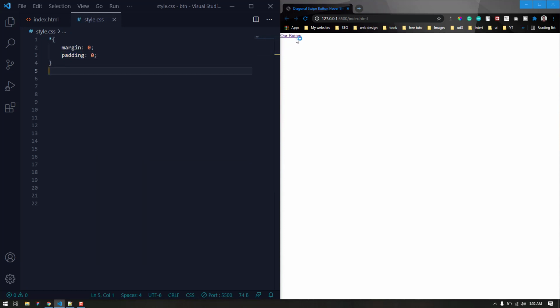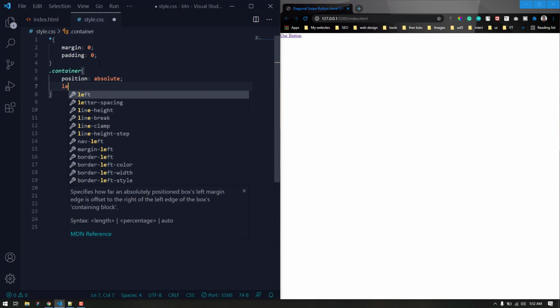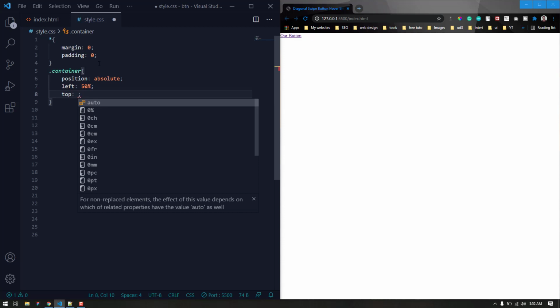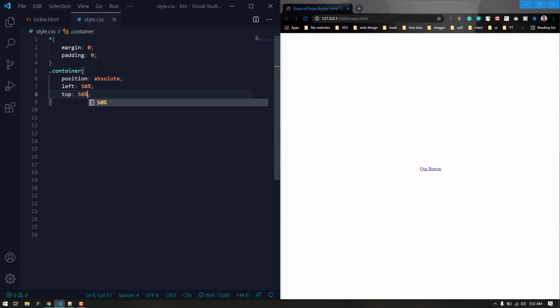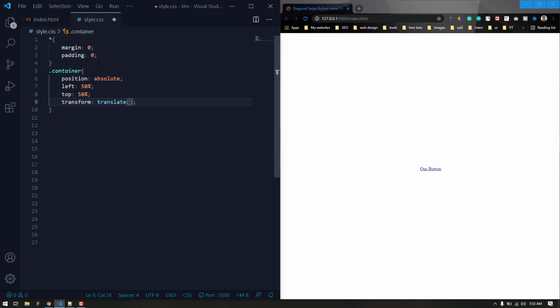Now we need to center this content or element inside this body. That's why we use the container div, and we are going to give it a position of absolute. Now we can directly apply left 50% and from top it will be also 50%. Now it should be centered, but to make it properly centered we need to use the transform and translate. Around the x axis it will be minus 50%, around the y axis minus 50%. Okay, we are done with the positioning.